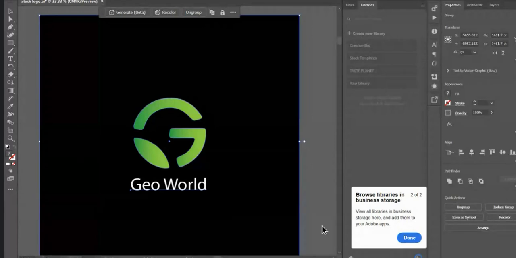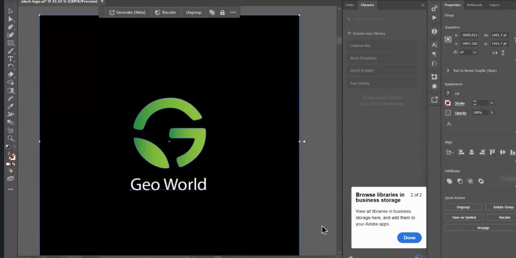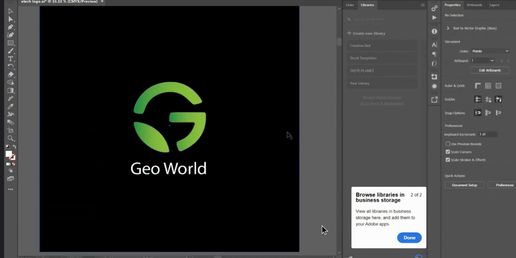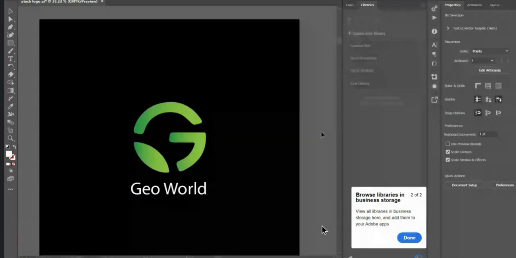So let's use this logo as a case study. We are going to use this logo, Geo World, to create different mockups and see how we can better present this logo to our client using mockups, right? So the first thing is that we have our logo here. We already have our colors, so we're not doing much. So what we want to do is that we want to